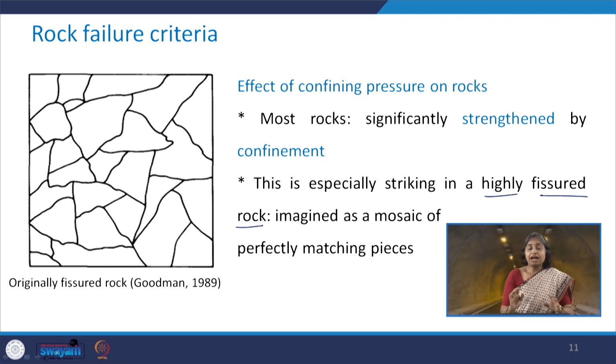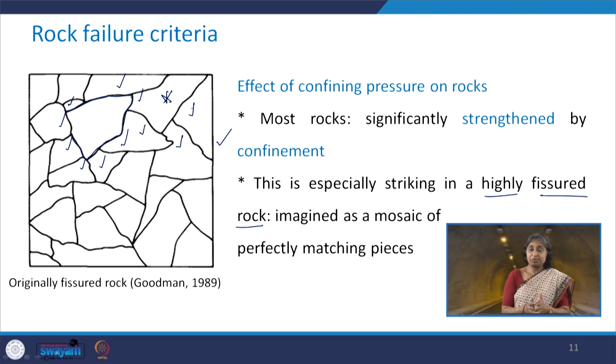fissured rock. Now, just imagine a highly fissured rock as a mosaic of perfectly matching pieces, as shown in this particular figure. You see that each and every piece is matching perfectly with the neighboring pieces. Similarly, if you take this piece, see how nicely it matches with neighboring pieces. So, we imagine the originally fissured rock as a mosaic of